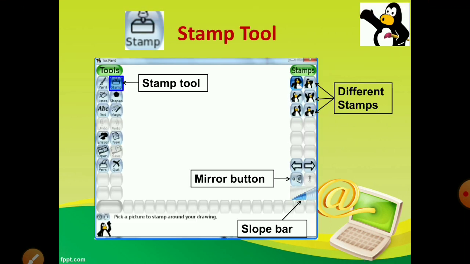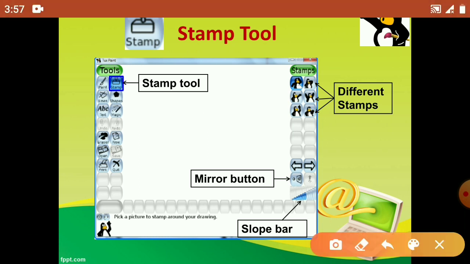Okay, now let's see the stamp tool on the TuxPaint window. Here on the screen you can see the stamp tool window is given. On the left side in our window, the second tool is the stamp tool. In the toolbox, the second tool, STAMP, is written below it. When we select this stamp tool, in the sub tool box it will give us stamps. 1, 2, 3, 4, 5, 6 stamps are there. These stamps are only of penguins.